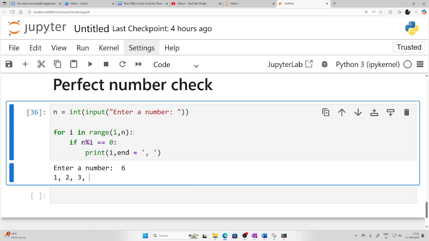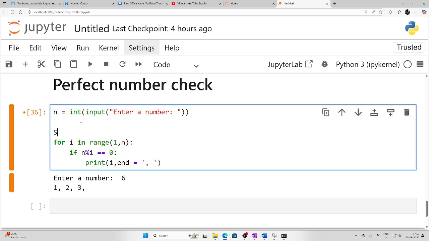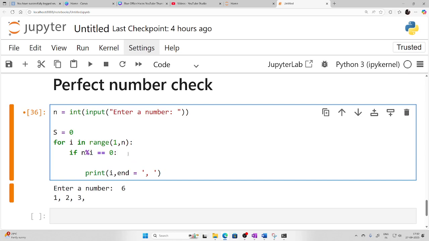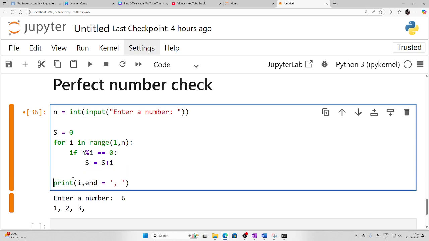Now once the numbers are known, we have to sum them up. So how to do the sum? Make a variable s, and if this thing is satisfied, then you say sum assigned sum plus i. Okay. And here what you have to print, now you bring this print outside. Why? Because I need to check whether the final sum is the same as the number or not. So what I'll say